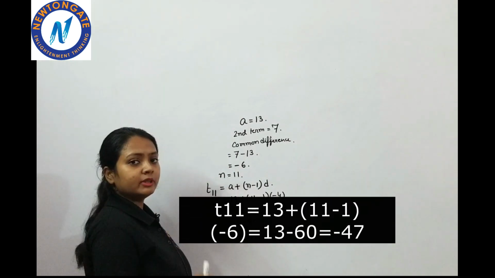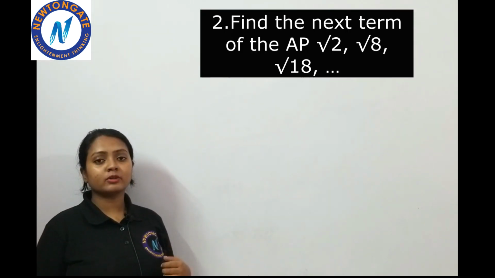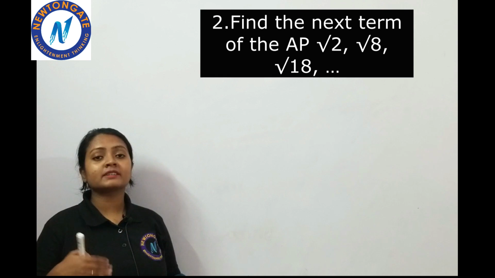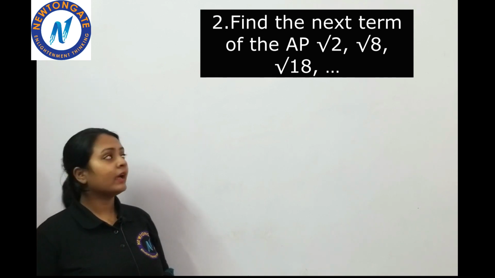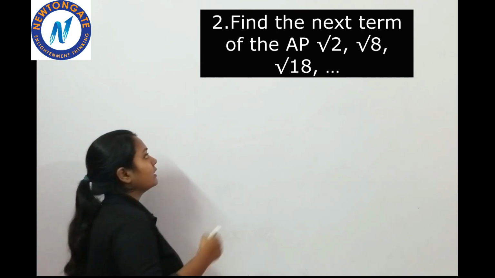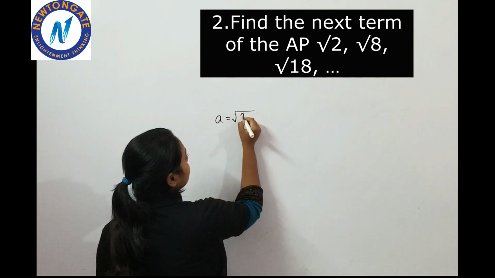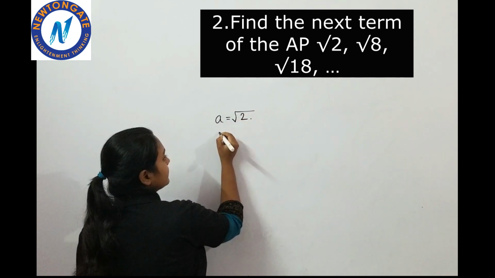Now we move to our next question. Here is the second question. In the second question, we will find the next term of the given AP. And the AP is root 2, root 8 and root 18. Right? Then the first term of the given AP is root 2. The second term,